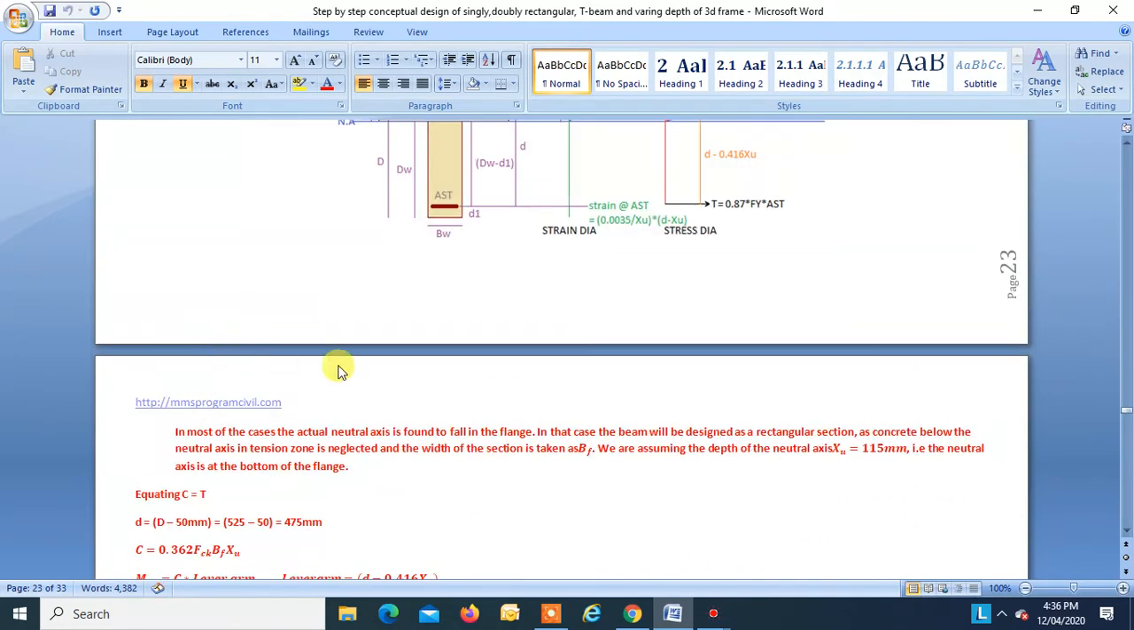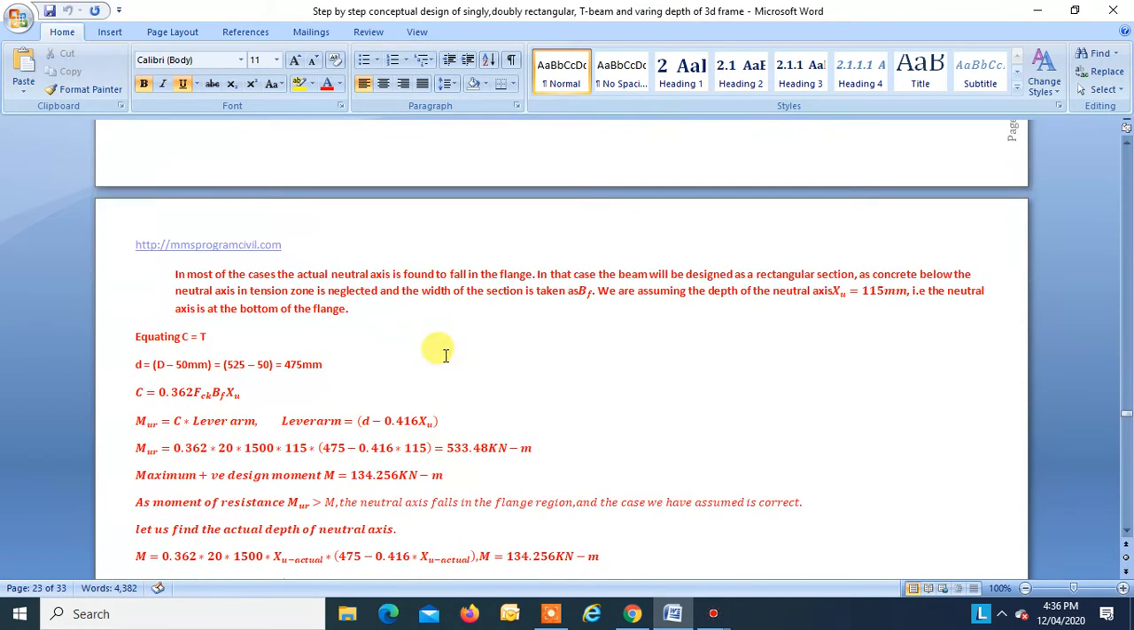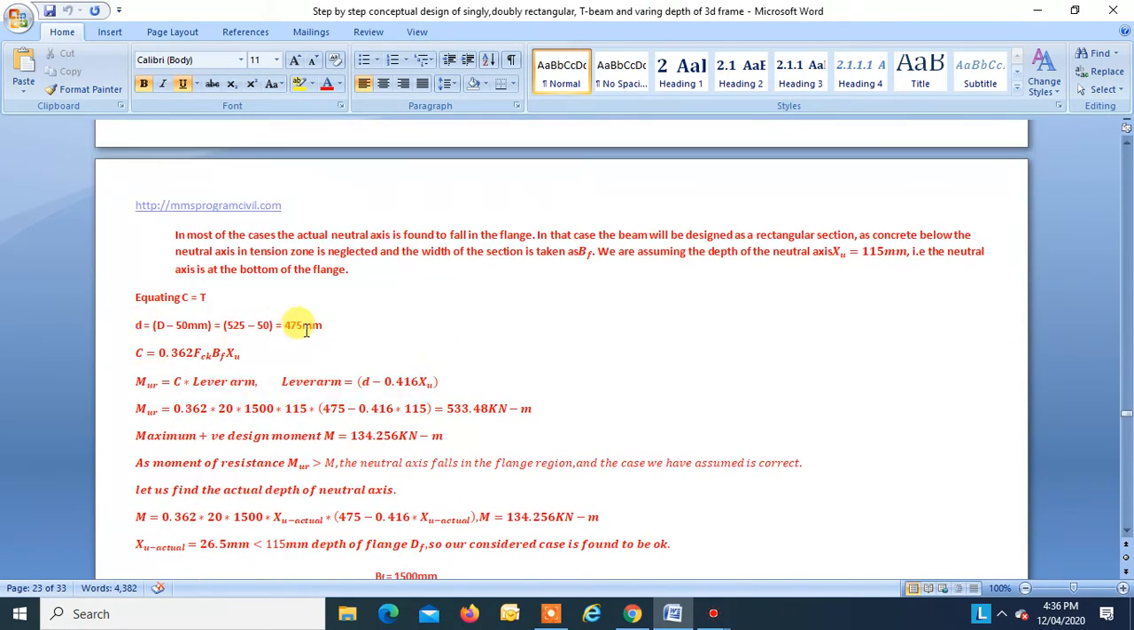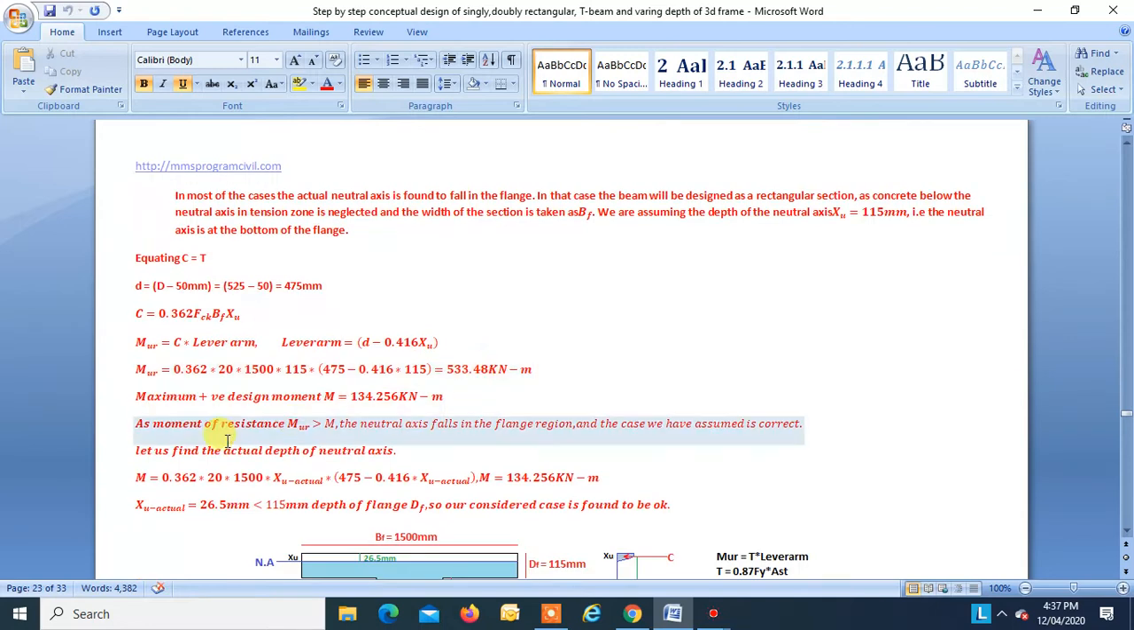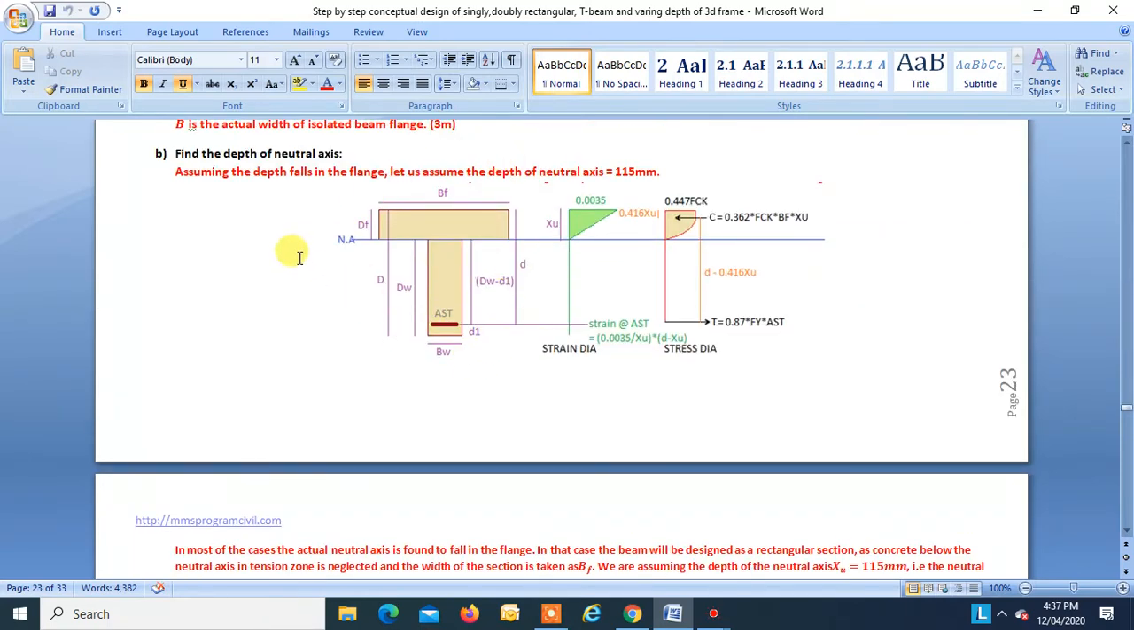From equilibrium, we know C is equal to T, okay. Now, effective depth in our case is 475 mm. C is equal to 0.362 FCK BF into XU. Moment of resistance is C into lever arm. Lever arm is D minus 0.416 XU. Right? So we can find the moment of resistance, that is equal to 533.48 kilonewton meter. Now, our design moment is 134, which is less than the moment of resistance that this section can carry